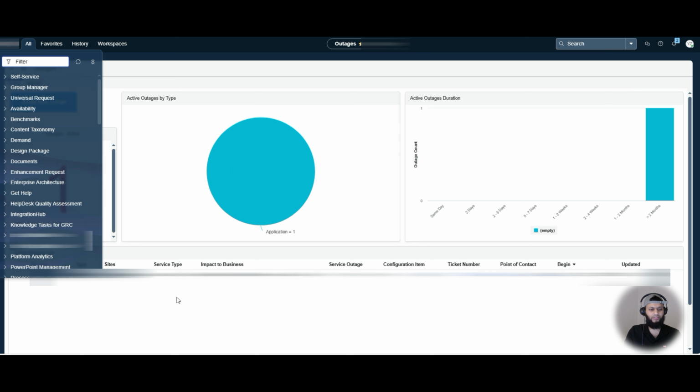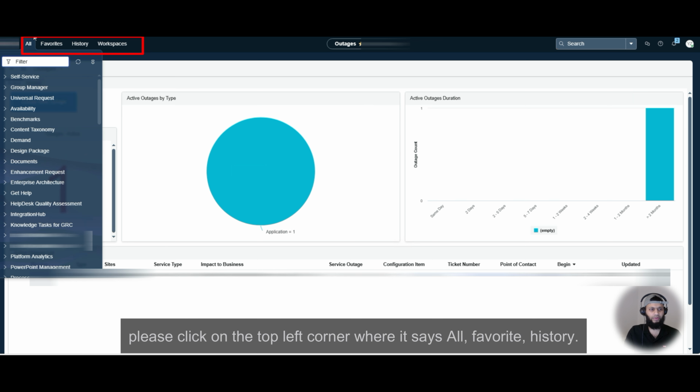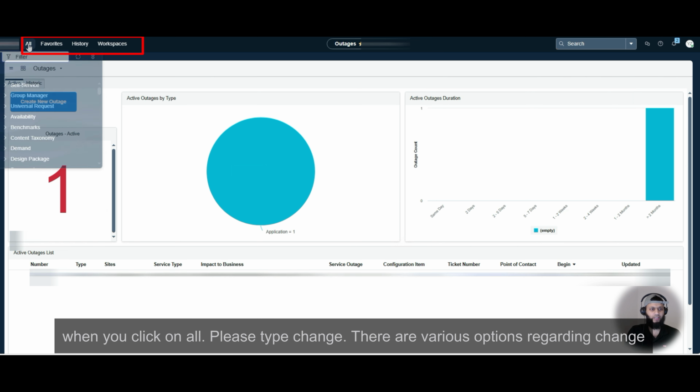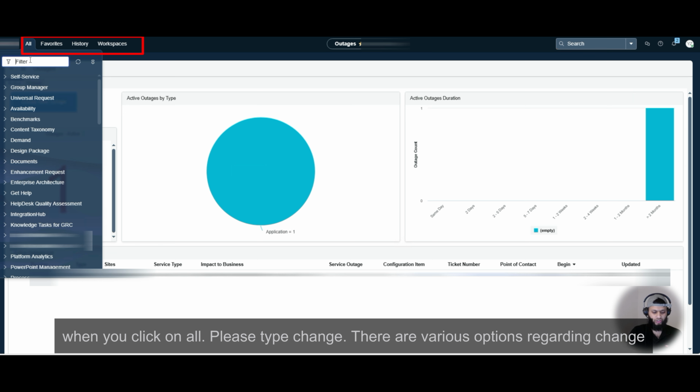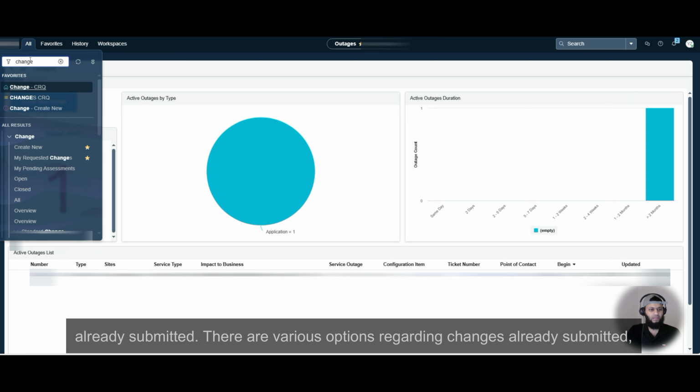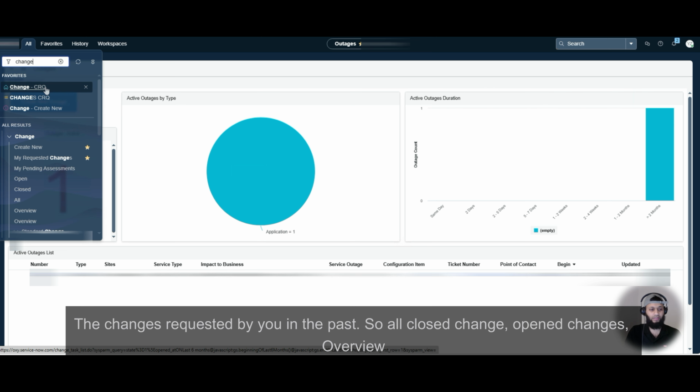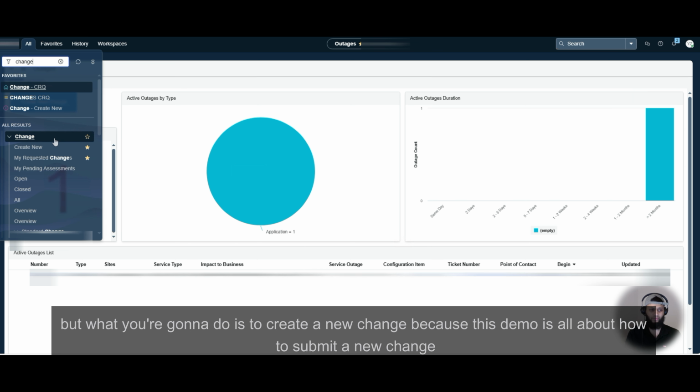When you log in to ServiceNow, on the home page, please click on the top left corner where it says All, Favorites, History. When you click on All, please type "change". There are various options regarding change: already submitted changes, new changes, the changes requested by you in the past, all closed changes, open changes, overview. What we're going to do is create a new change, because this demo is all about how to